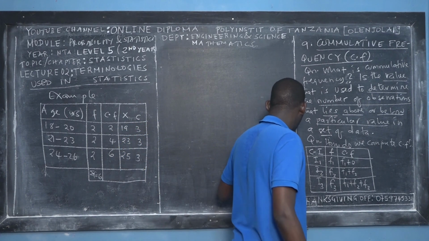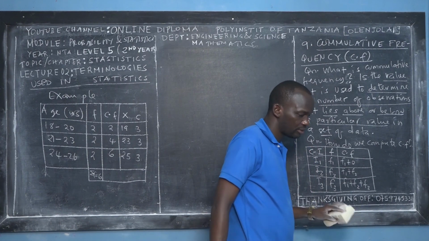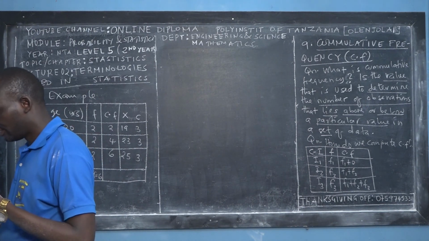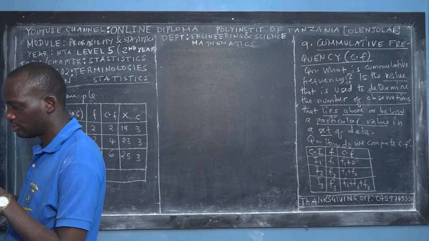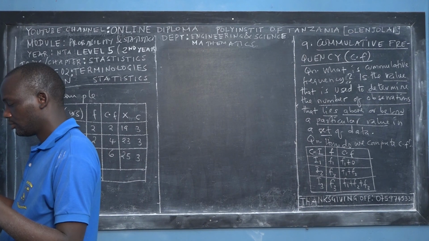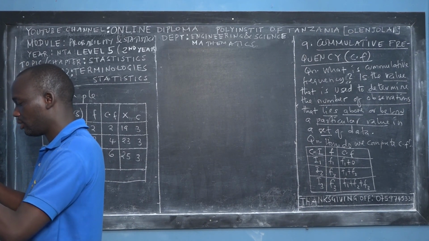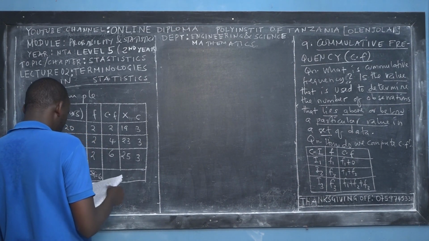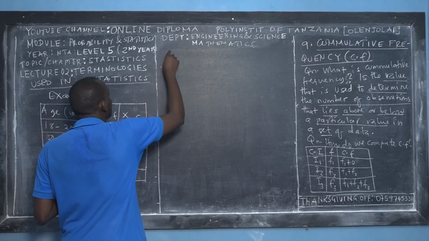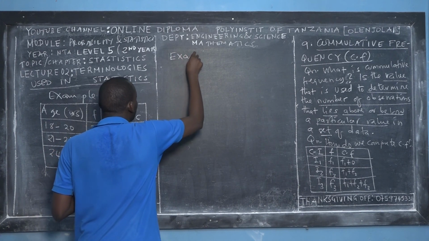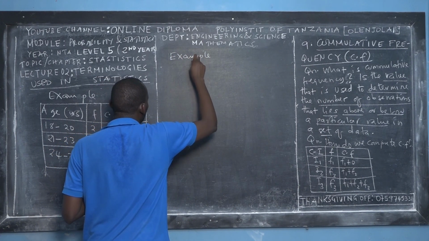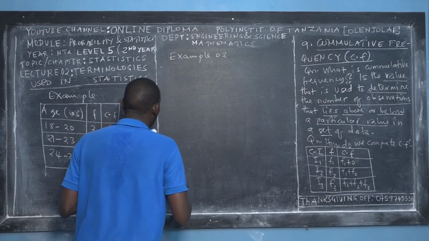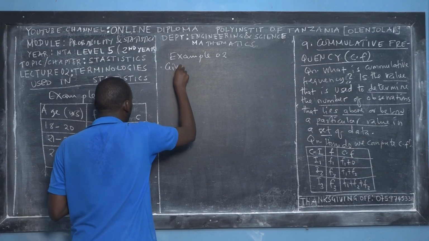Now I would like to give you an example relating to this concept. After this example, I'll leave the homework for you so you can solve it. This is example 2, because example 1 was the homework that I left to you in lecture 1. In example 2, the question states that given